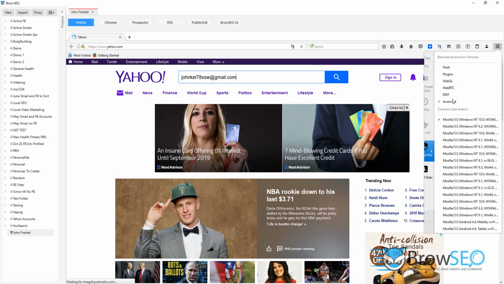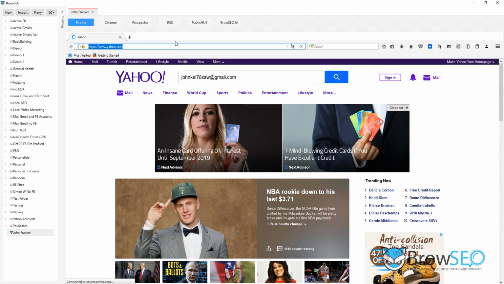So you have to keep that open, otherwise you just won't be able to use these sites. If you want them disabled, then you're not going to be able to use pretty much the majority of the web. So that's how those settings work, and you can go ahead and play with them and look at sites like